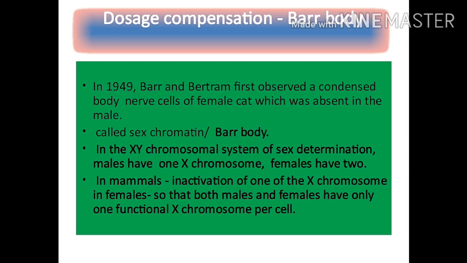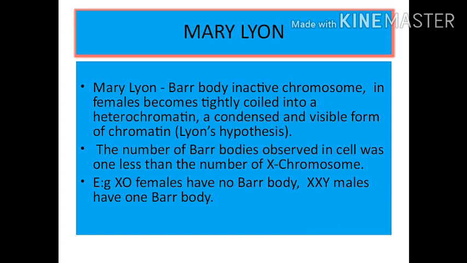The Barr body is attached to the inner surface of the nuclear membrane. It contains a large amount of heterochromatin. What is heterochromatin? Non-functional gene. And a lesser amount of euchromatin, that is, functional gene. Hence it contains a large amount of RNA and a lesser amount of DNA. It is nothing but the inactive X chromosome. So the chromosome is said to be inactive in its function, the inactivated X chromosome.